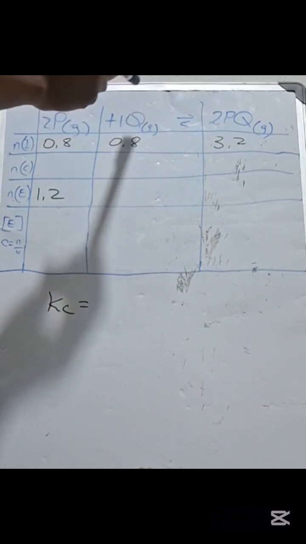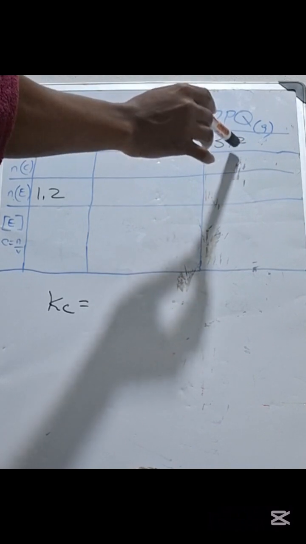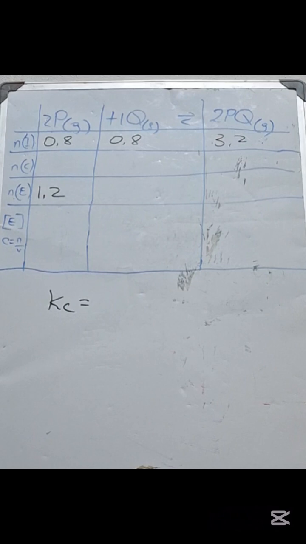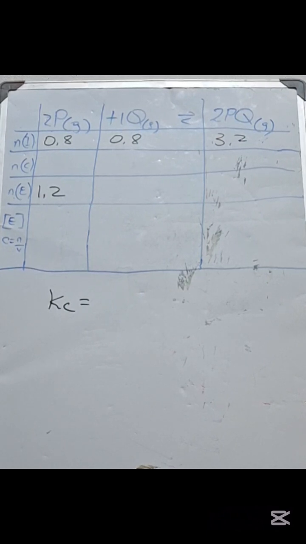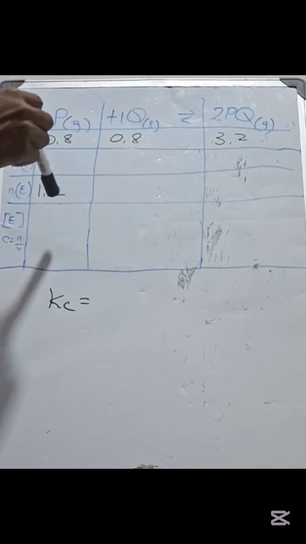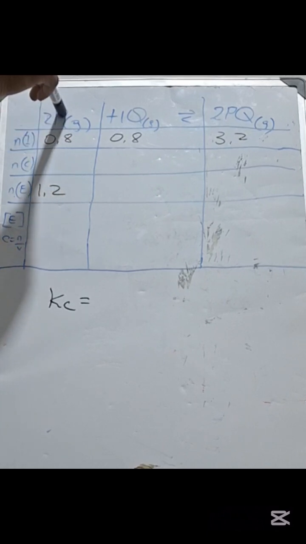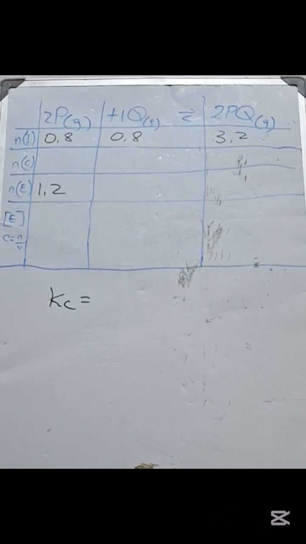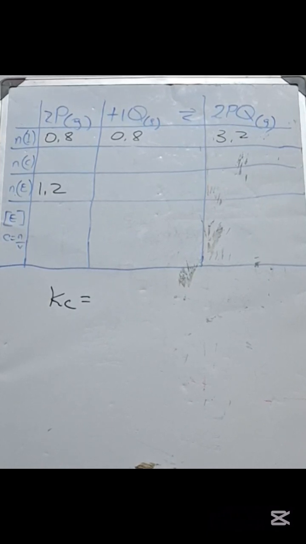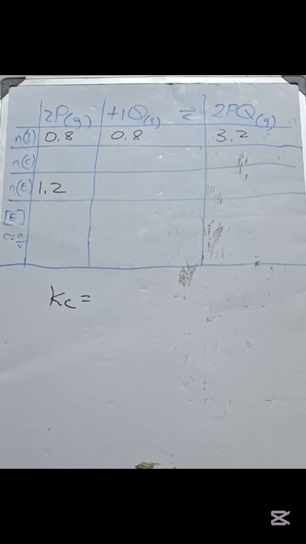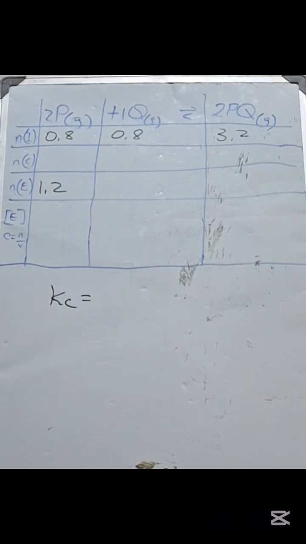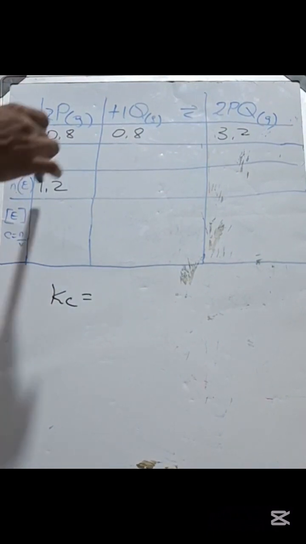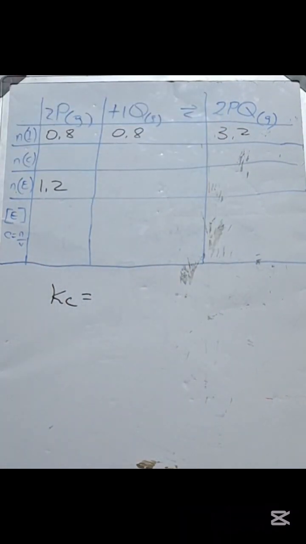the number of moles of Q at equilibrium, and the number of moles of PQ at equilibrium. Then the temperature was increased and a new equilibrium was established, which means we have two equilibria. So we have the number of moles of P at the new equilibrium, which is 1.2 moles. So there is the number of moles at the first equilibrium, the initial, then the number of moles at the new equilibrium, okay?